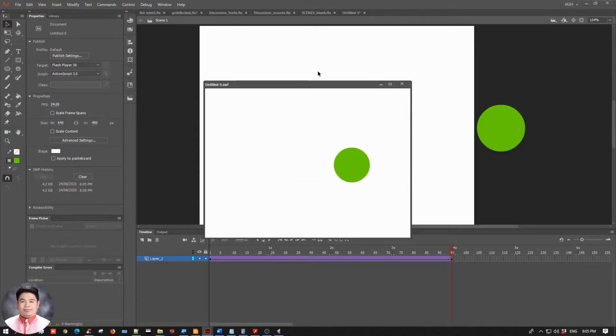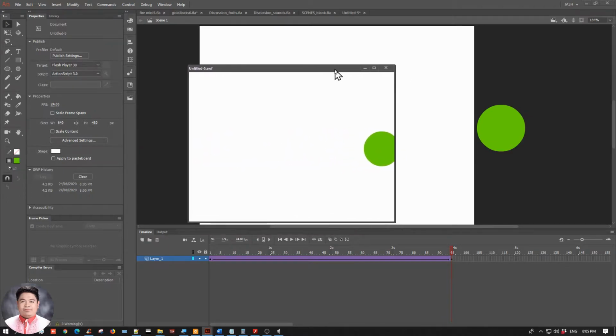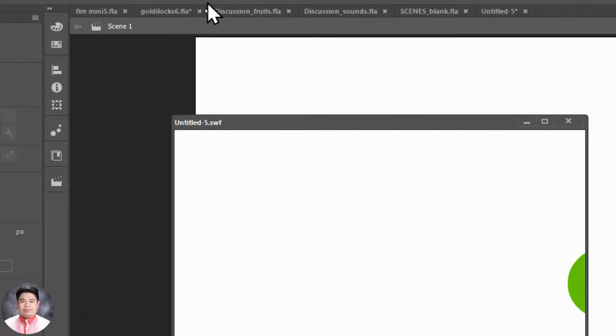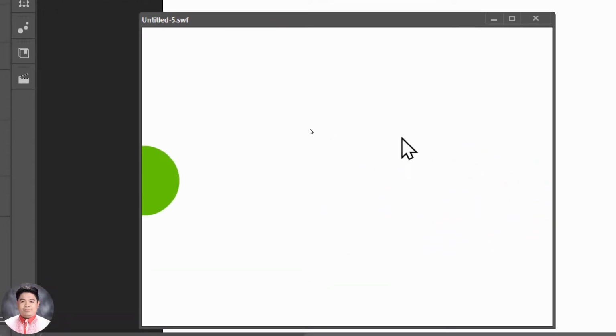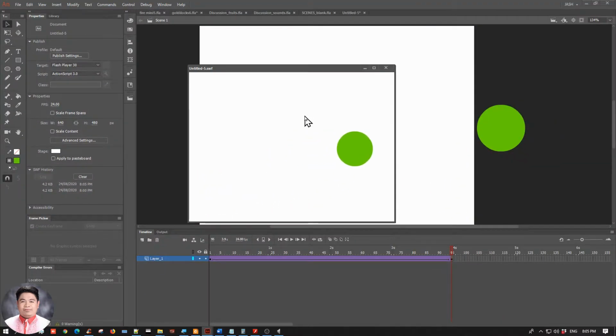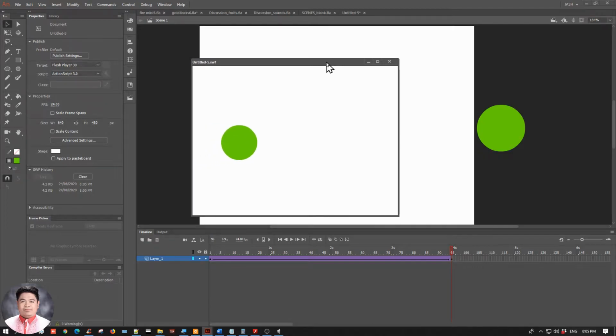just seeing a normal circle going on from left to right. And this is an example where we only have a single scene. If you noticed, every time you create an animation, you're always seeing this Scene 1. So this animation is under Scene 1, and this example doesn't have any additional scenes integrated, so only